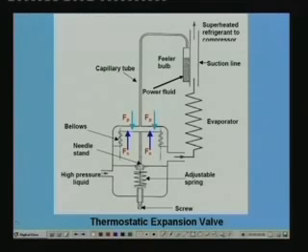This shows the schematic of a thermostatic expansion valve. You can see that this is the inlet to the valve. So, the high pressure refrigerant liquid from the condenser side enters into the valve at this point, then it flows through this orifice and its pressure reduces across the orifice, and the low pressure refrigerant flows out through the valve and enters into the evaporator. It takes the heat from the surroundings, it becomes a vapor and goes out to the compressor. Okay. Now, if you look at the valve,